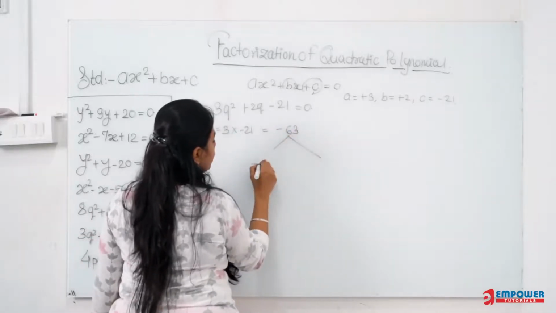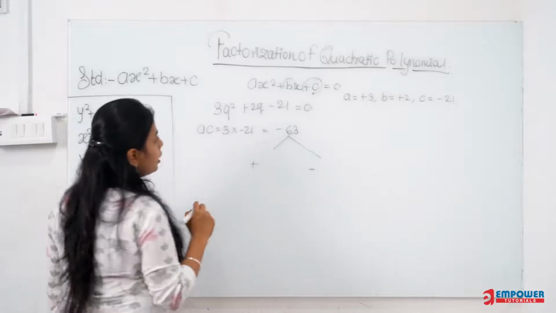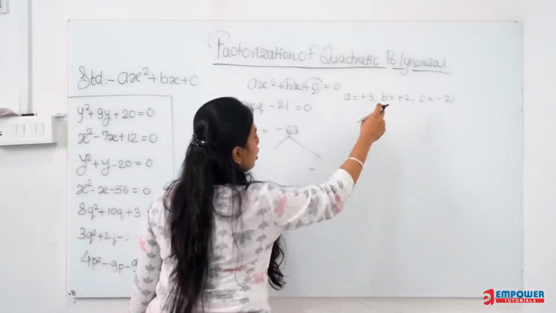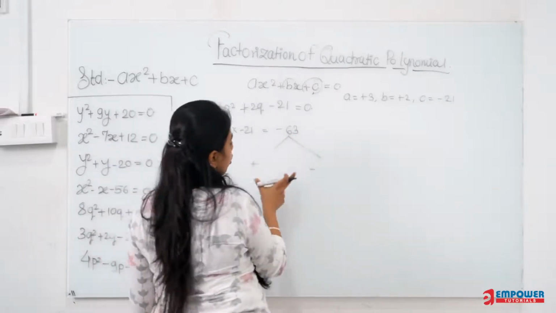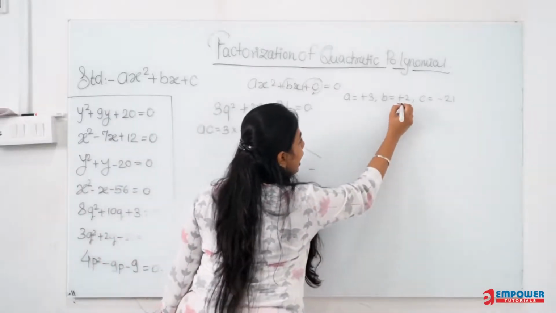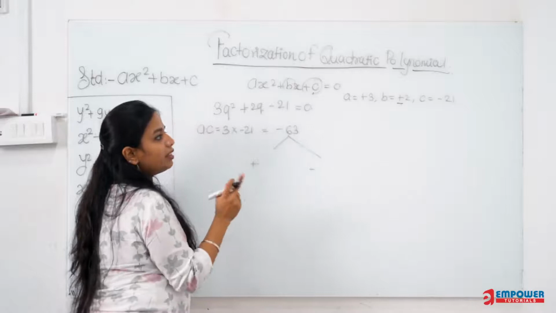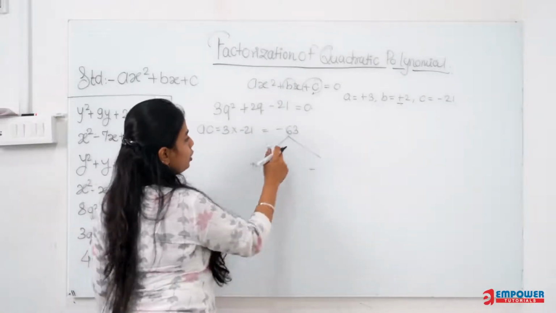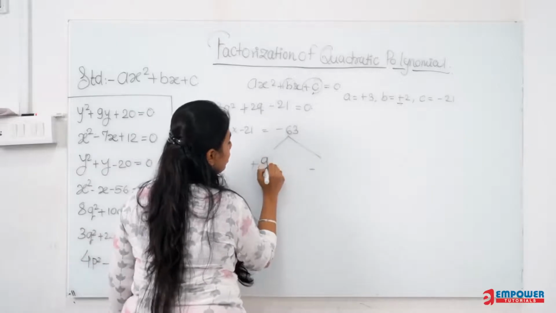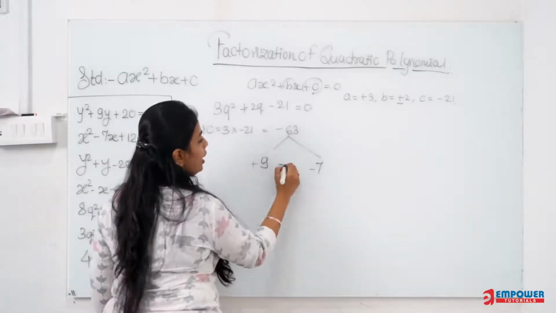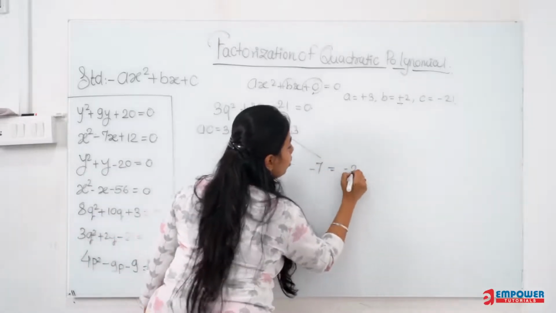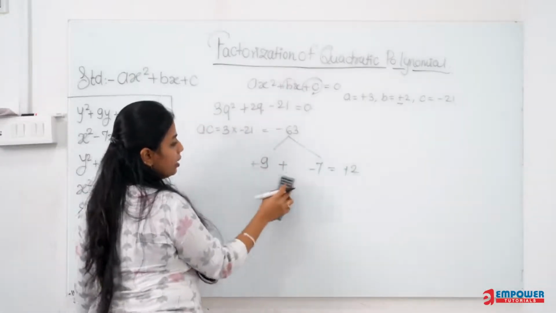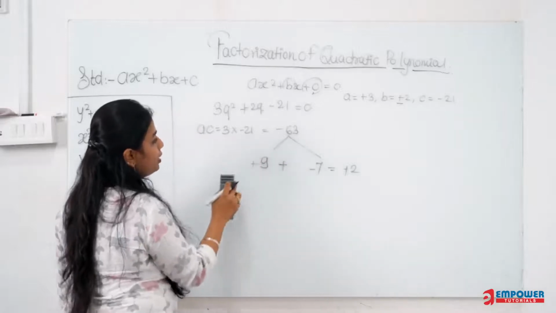So the factors of this will be one positive value and one negative value. Now the coefficient of b will tell me the value of the factor. Since it has a positive sign, that means the greater number must have a positive sign. So what will be the factors of 63? Can I consider 9 and 7? Because the addition of these two will be equal to plus 2, right? So plus 9 and minus 7 are the factors of minus 63.